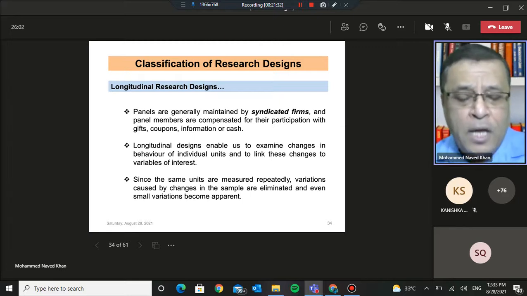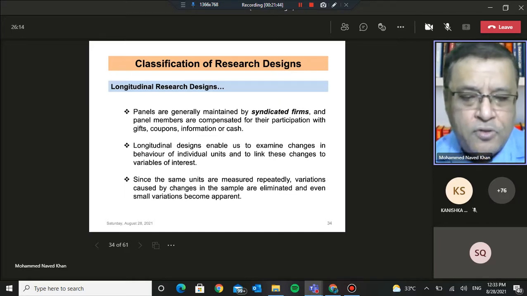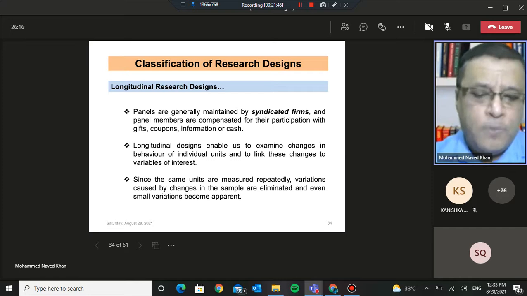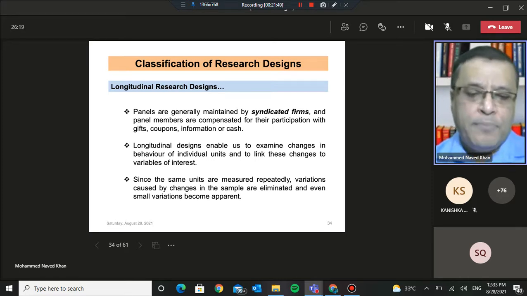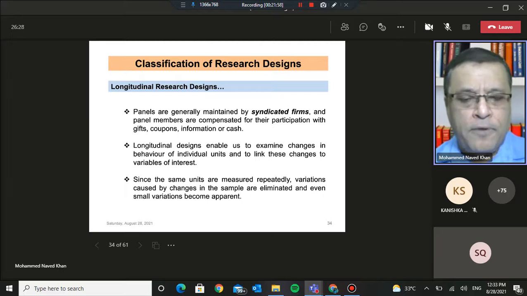For example, if you want to get feedback from your panel regarding a particular brand, so the questions pertain to a particular brand, a particular organization, you should not be providing gift coupons from the same organization. Otherwise it may be considered a very unethical act on your part as a research organization. And also you will agree that the responses may get biased simply because the respondent feels obliged that I have been given a gift coupon by this very organization, so I should be giving a correct feedback. And remember, in research, we don't want a correct feedback. We want a feedback which is genuine feedback.